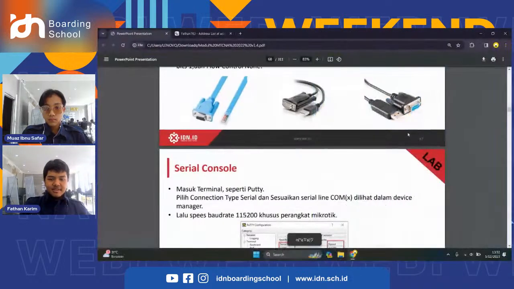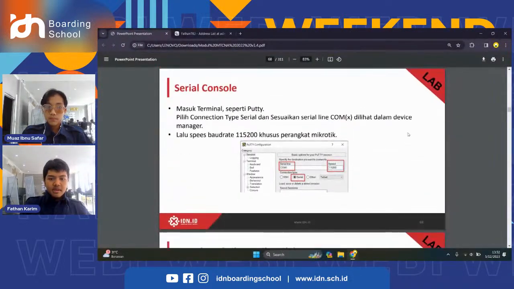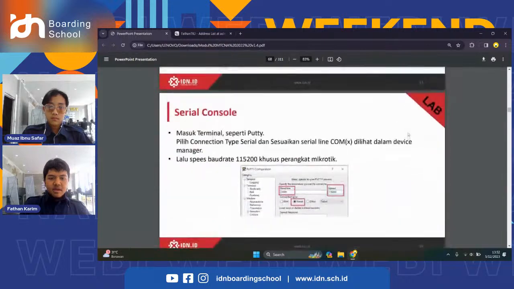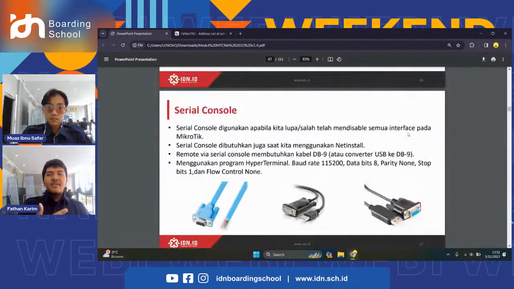Okay, so that's about all. When you don't have Ethernet to connect to the router, and if your router has a console port, you can use the serial console.